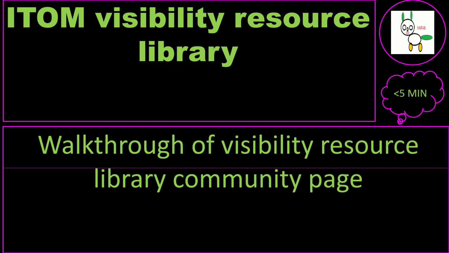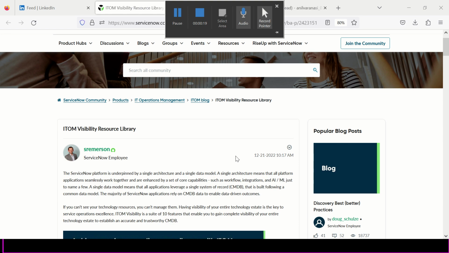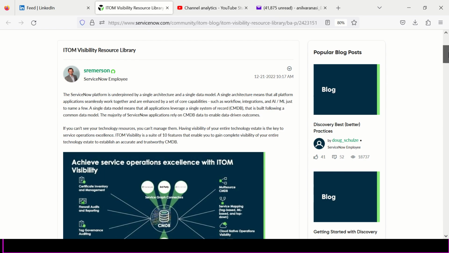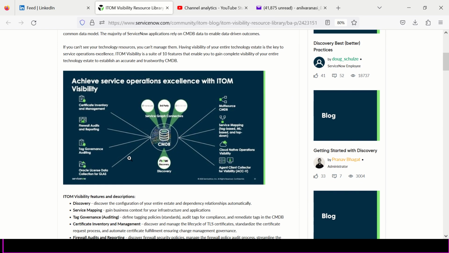In this video, we'll talk about the ITOM Visibility Resource Library. Steve Emerson has put together a community page which has all the resources available for ITOM Visibility. In this video, we'll do a walkthrough of that. Let's get started. As you can see, this is the page, and it has a slide which talks about various